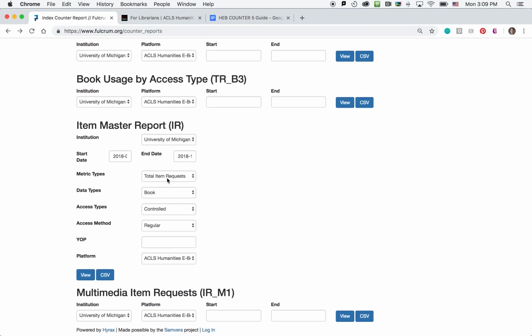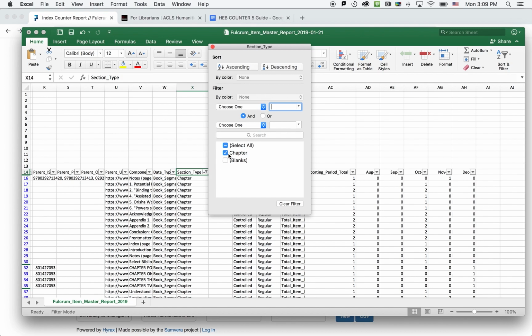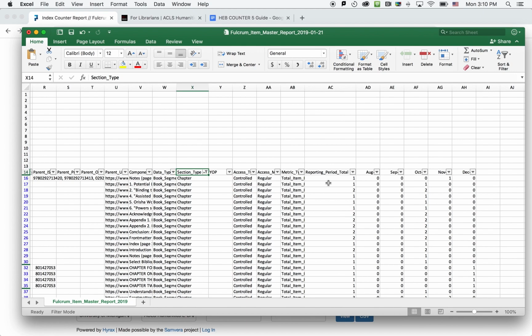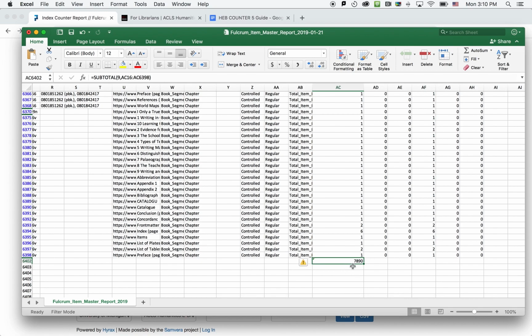For the Item Master Report, I have also selected the total item request metric as it measures chapter downloads. Chapters are considered an item in this report, so I've gone ahead and applied a filter to the section type column in this report. You can apply a filter in the top right corner and then select chapters in the drop-down menu. Similarly, this report doesn't give you a clear-cut total, so if you select this entire column, click Auto Sum, and then click Command and your down arrow, you will get the total number of chapter downloads for the